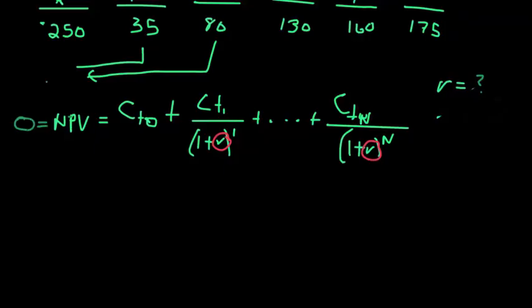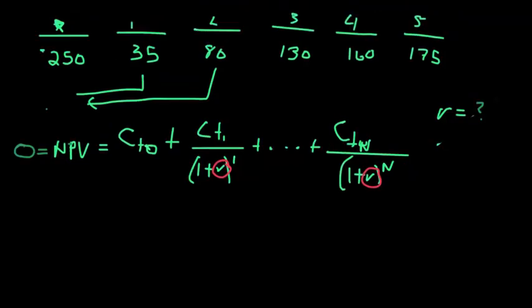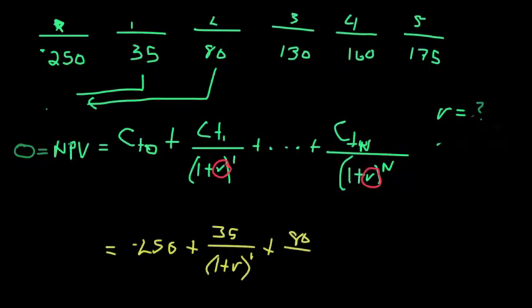So let me change colors real quick. In our example above, this is going to look like cash flow negative 250 plus the future $35 discounted by 1 plus R. Remember, I don't know what the actual R is, but I'm going to figure that out. Then 80 over 1 plus R squared, right? I'm discounting it by 2 periods, plus dot, dot, dot, until I get to the last one,